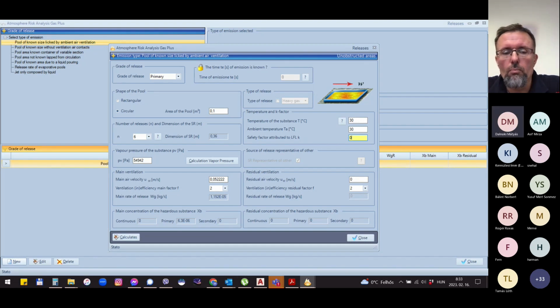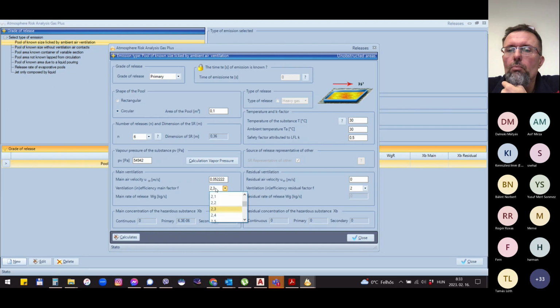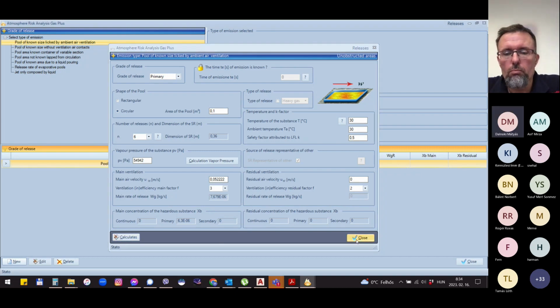Now I would say it would be 0.5. Vapor pressure of the substances comes from the substance properties installed in the software and so on. Mean velocity is given from the environmental sheet which we gave earlier, and ventilation efficiency can be given here. Let's say 3. Now we ask the software to calculate,